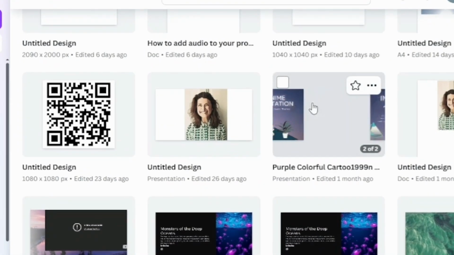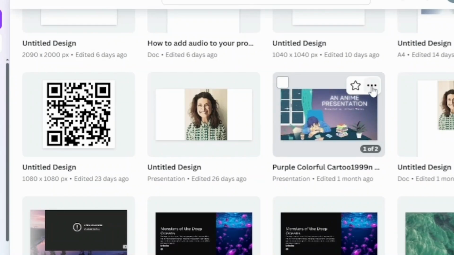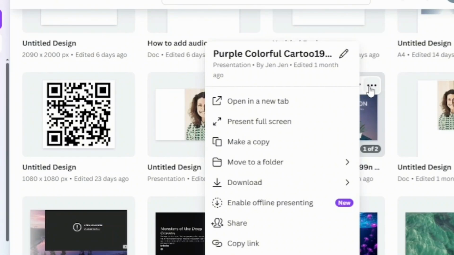When you go over there, you should find a three-dot menu beside it at the top. All you gotta do is click on it, and when you do, this menu opens up. From the given menu, head over to Copy link, click on it, and after clicking on it, you